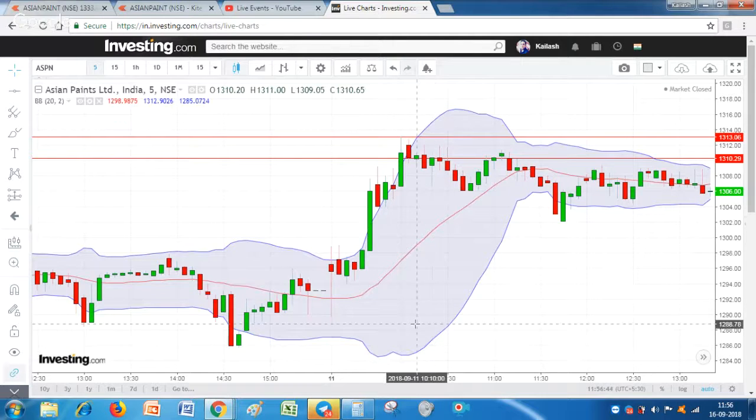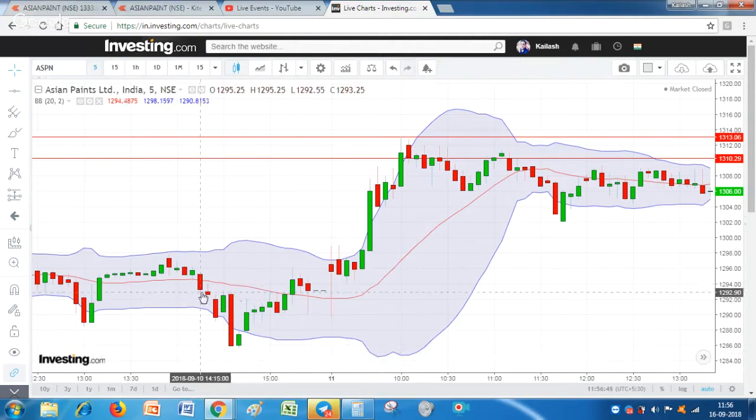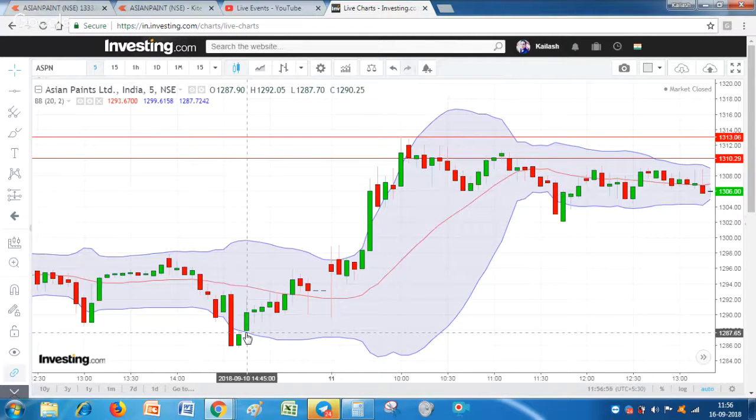And in case of the stock coming down, look at this level, the stock once fallen from some level has even crossed the Bollinger Band. Once it has gone to the lower Bollinger Band, this is actually a support level. So we have to look for some sign of reversal. At this candle we would have taken a buy entry, keeping a stop loss at this candle low. This low is 1286. We will keep a stop loss at this level, and we can buy above this candle.